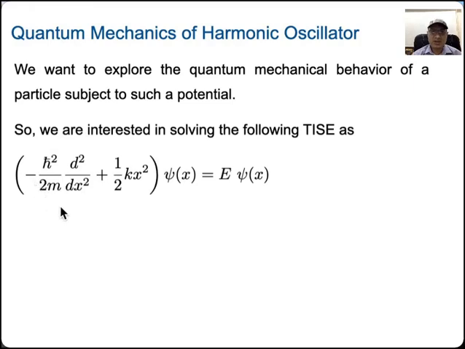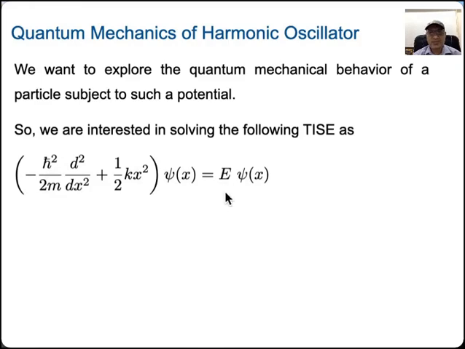as we are still limiting ourselves to the one-dimensional system. This is the form of the potential that we have seen just now, half kx square. So this is the kinetic energy operator, this is the potential energy operator, and the total term written in this bracket is the Hamiltonian. So this is your total energy in some sense: the total Hamiltonian times your wave function is equal to the total energy